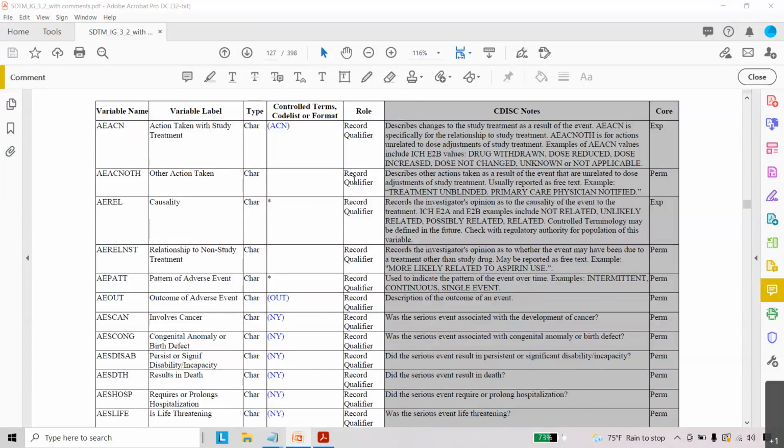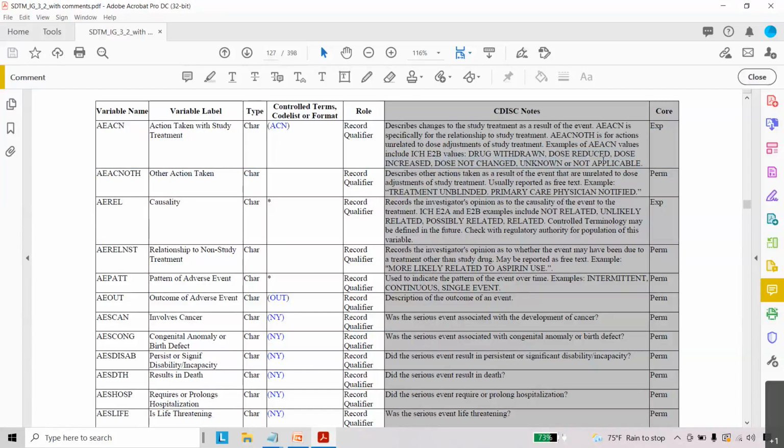We can see typical values such as drug withdrawn, meaning the drug might be withdrawn from the treatment, dose reduced based on the condition of the subject, dose increased if required, dose not changed because there might be no change in the dose and they keep it the same, and unknown, we don't know what exactly was taken,